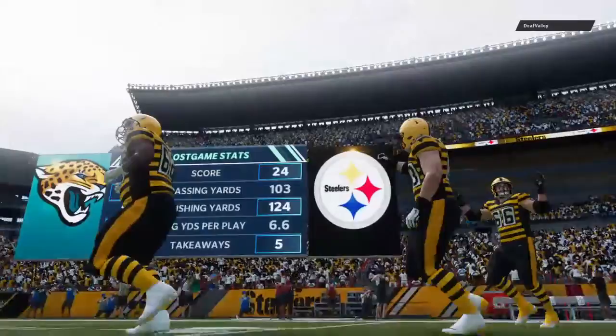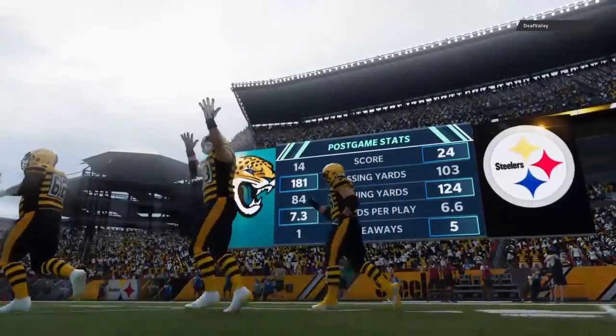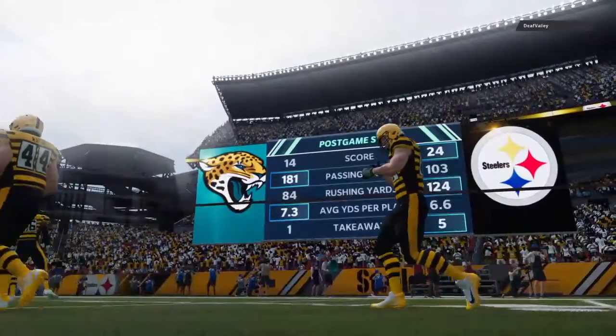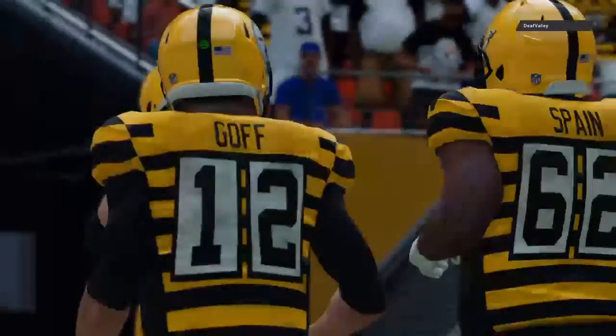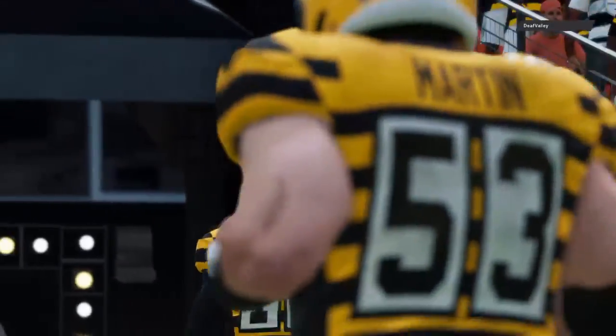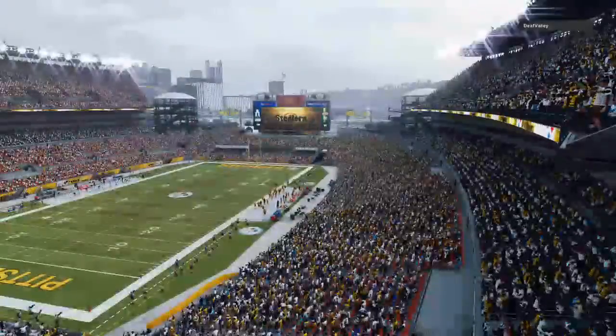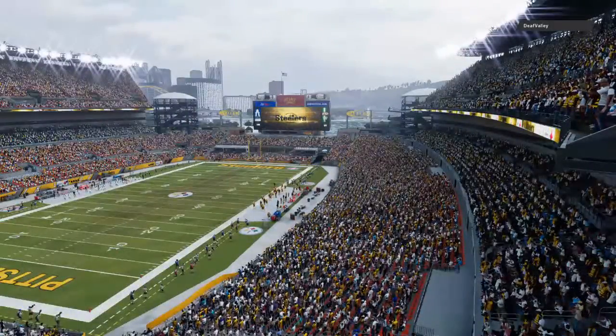So for Pittsburgh, they at least get the win here to earn a split of their first 2 home games. And they will hit the road next week to take on the Cincinnati Bengals. Meanwhile, for Jacksonville, they will fall to 1-1. And they'll be at home next week for a date with the Tennessee